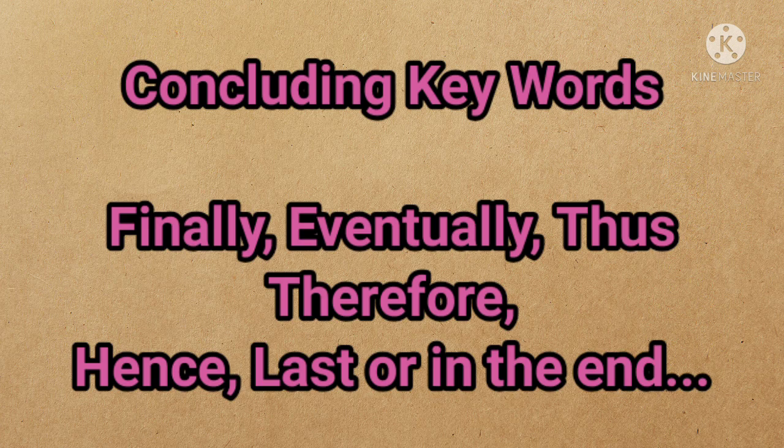Next you have to go for the concluding lines, that means the last sentence of the paragraph. So how will you find that out? By concluding keywords: thus, therefore, finally, eventually, so, clearly, hence. All these words show the action is over. So in that way, first you are able to find out the first line as well as the last line.